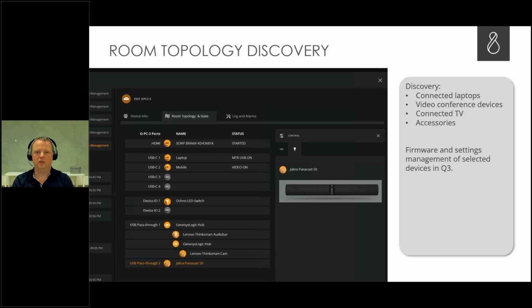It also shows you which port is currently showing video, if it is in MTR mode or BYOD mode, and these kinds of things. We also check what is connected on the HDMI output, so what TV is connected, and if it's online and so on. Then what kind of devices are connected, and we have our own devices, which are the different LED switches and so on. But more importantly, we can also look at the USB devices connected, and it basically shows